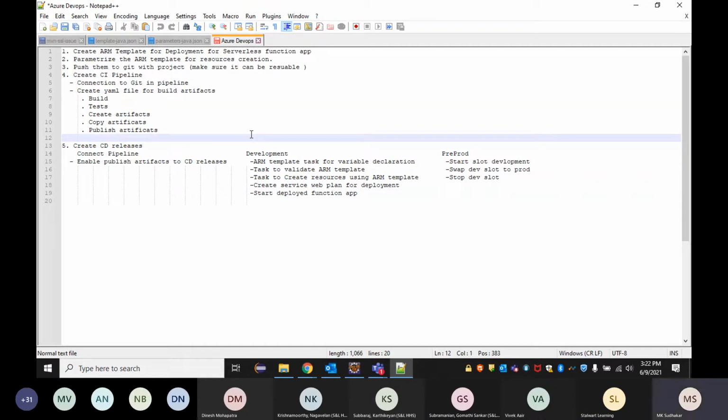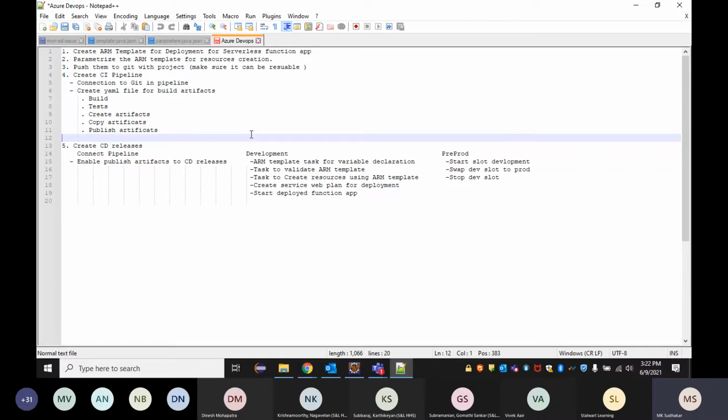Okay, now how can we declare those variables, and how can we reuse that ARM template for any of the deployments? Right now, I'm trying to show you in Java, but tomorrow we might be working in C# or Python. For any of the code, the ARM template is going to be similar, but here and there, the runtime environment might change. So that's all. That is how we can reuse that ARM template in any manner.